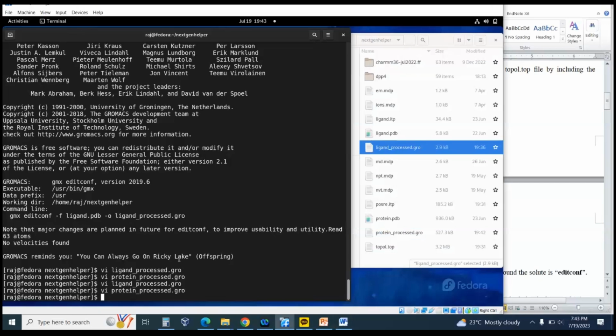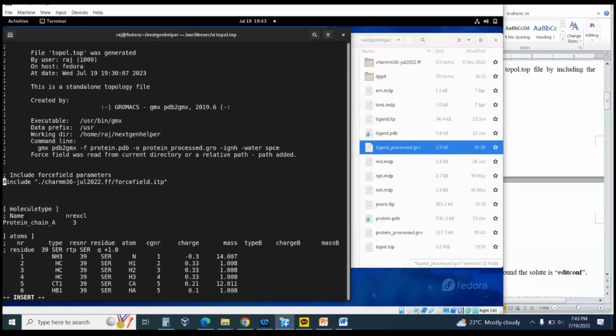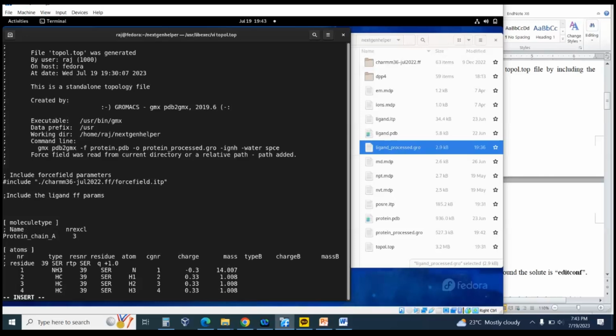So I'll go to the topology file and, remember, in insert mode, just under this, I'll put one. If you use this semicolon, it won't read the flag, so just include the ligand position restraint params, right? So this is for your information. Otherwise you can directly start with